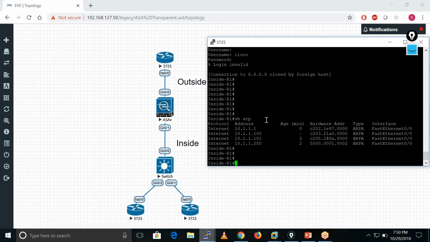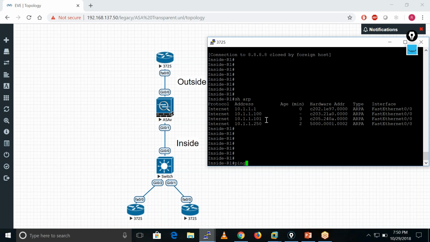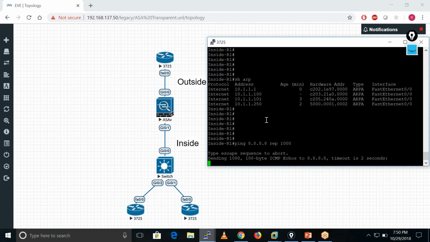So the thing is, if I ping 8.8.8.8 with a repeat count of 1000, see, I'm not getting replies, because of ICMP traffic.